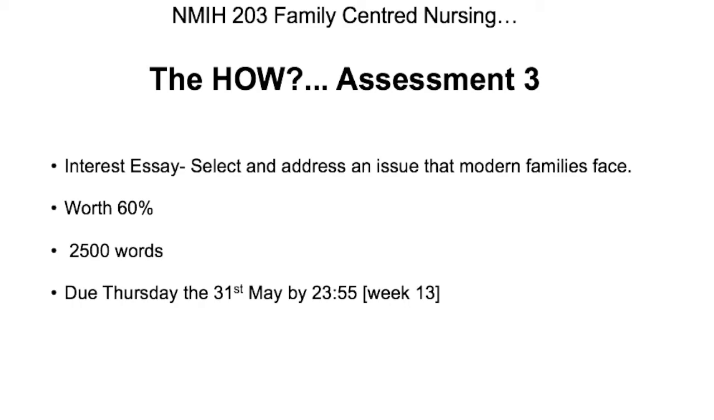The last assessment, assessment 3, is another essay, but this one's an interest essay. What I mean by that is you select an issue that modern families are facing today. I've given four options: the decreasing rates of immunisation, the increasing rate of childhood obesity, risk-taking behaviours amongst adolescents, and the current ice epidemic. You're going to choose one of those four